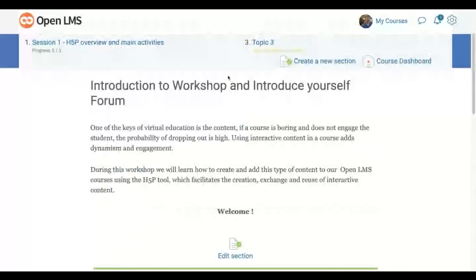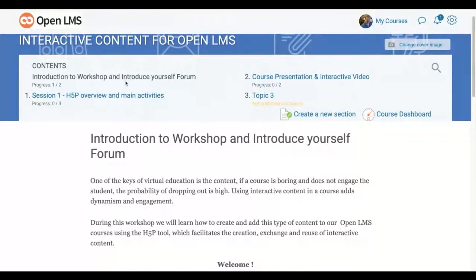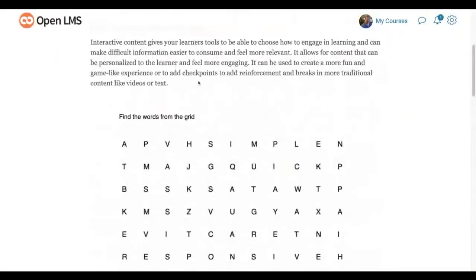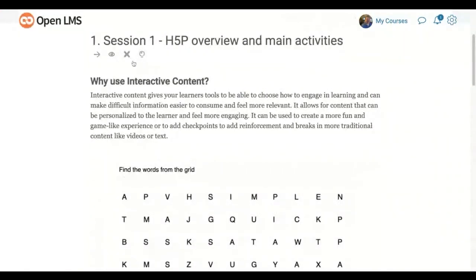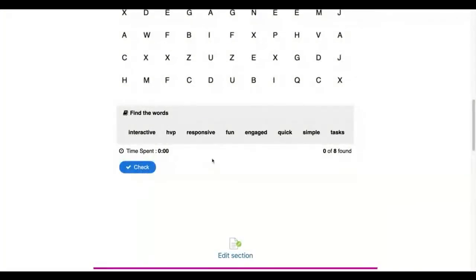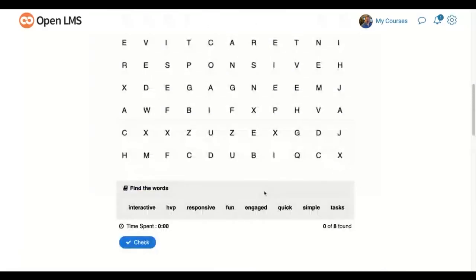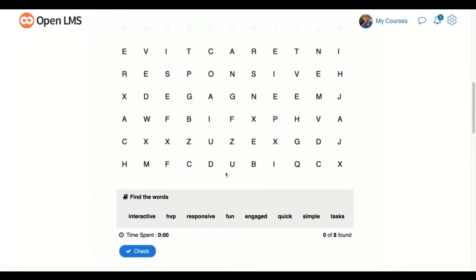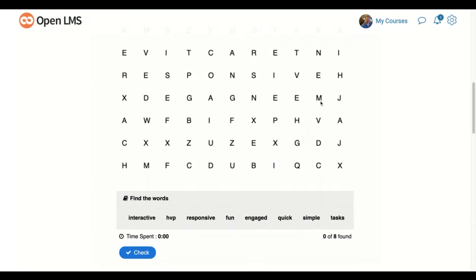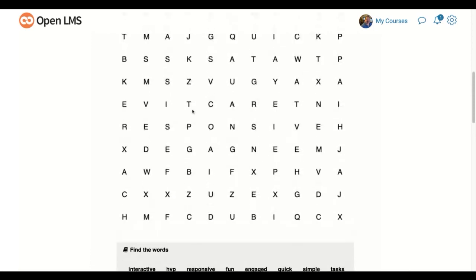So the really easy way to answer this question is I actually did an experiment in here in the course. I edited the summary for this activity and put in a find the words activity on the page. There are some words at the bottom of the screen, and you can come in and find the words inside the text and highlight them, like responsive. And sometimes I've noticed, so this has been a good experiment for me here, that